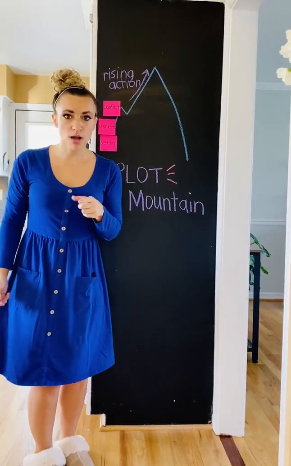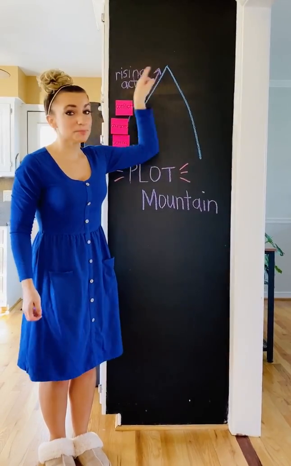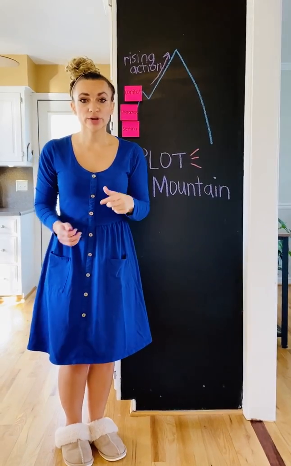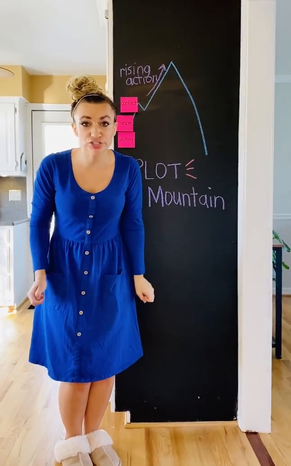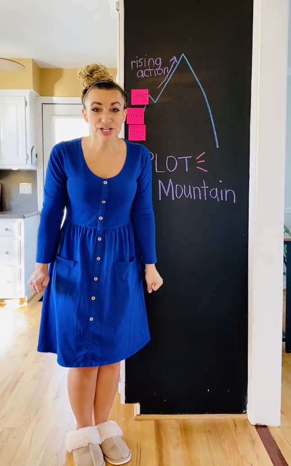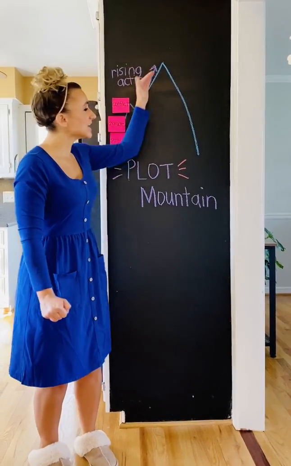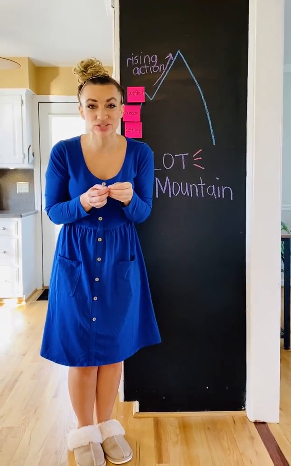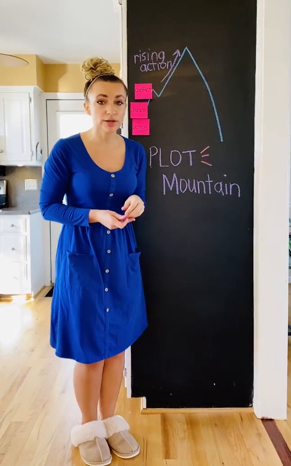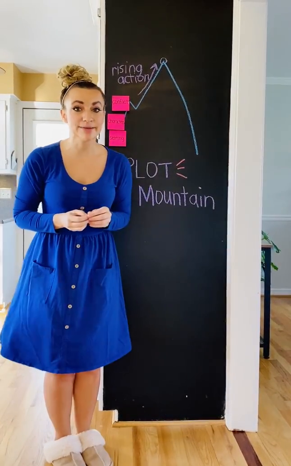Have they fixed their problem yet? No, they still have their conflict. This is the peak of Plot Mountain, and what do we call that part of the story? Where the energy is tight, you're on the edge of your seat. So if you're at the movie theater, this is where your hands are sweaty and you're afraid to look away. That's the climax. All of the action has risen up to that point in the story where you're wondering which way it's going to go. This is the turning point of the story. So at the very top up here, it's called the climax.